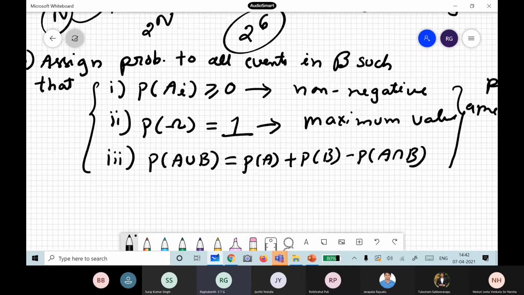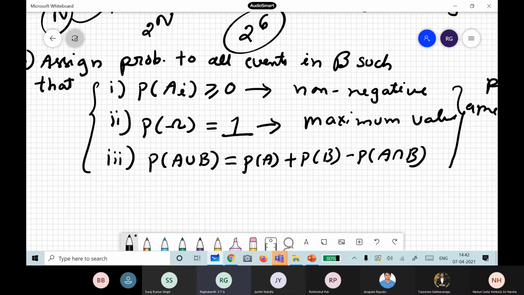It is something like how we define length, area, and volume. Can length be negative? No. Area and volume are all measures, you followed, right? We will never get a negative length or negative area. So these are defined as measures, and probability is also a measure. It can never be negative. The only difference between length, area, volume, and probability is: what is the maximum length possible? Infinite. But the maximum possible probability is 1.